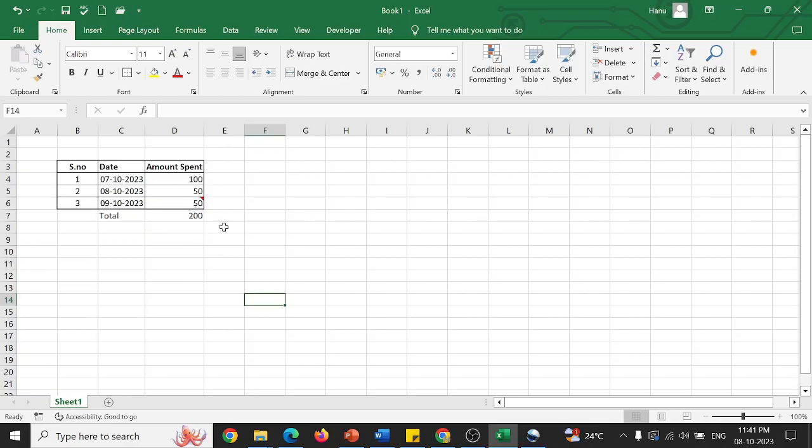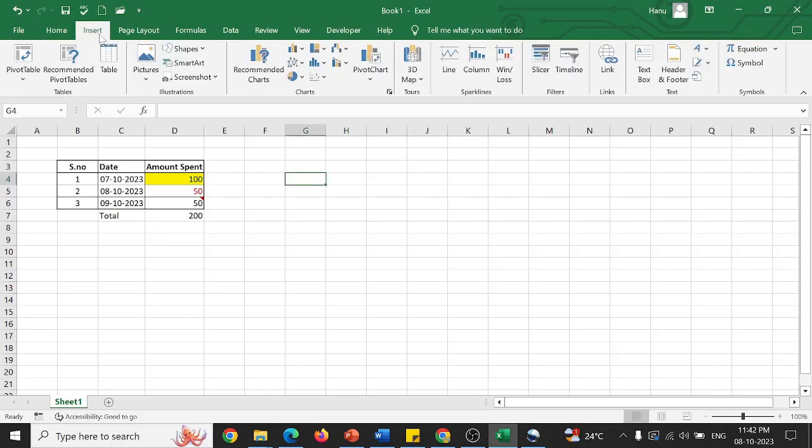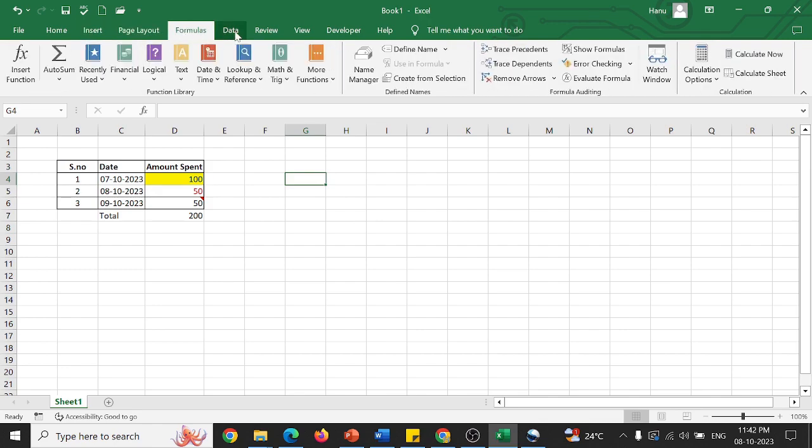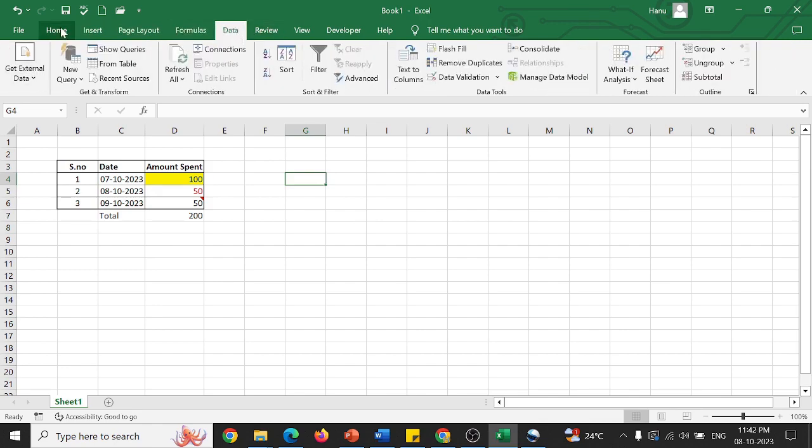Now in this Excel, we can directly use our arrow keys: the up arrow, side arrows, and down arrow. Okay, so this is simply how we use the arrows in our Excel sheet. And we can even change the color, or the font, the font color, and these are the tabs which we can use for different purposes.